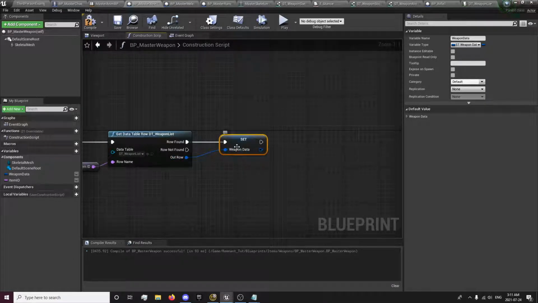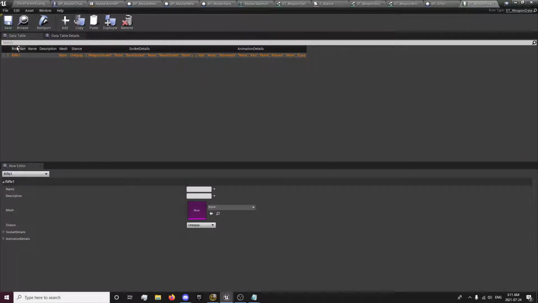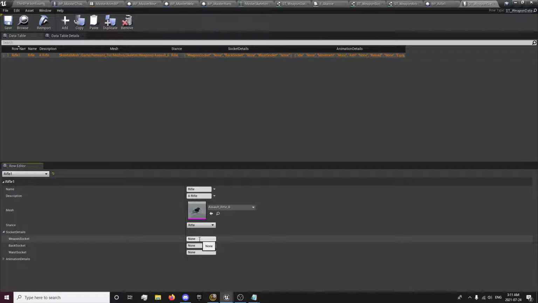So if it's found, it's going to set all this weapon data. For example, this is the rifle. It's going to set all this data that we need. So for example,